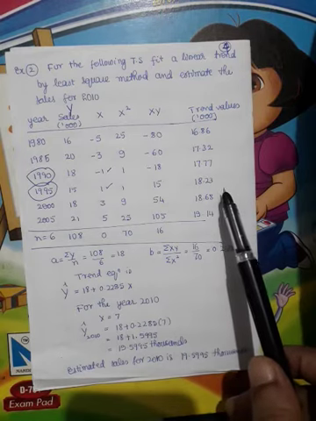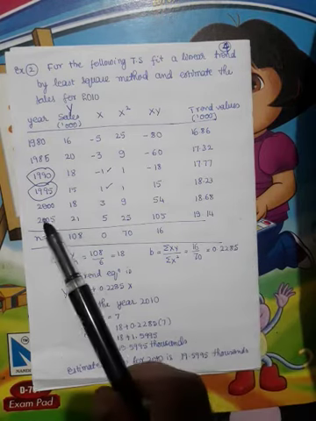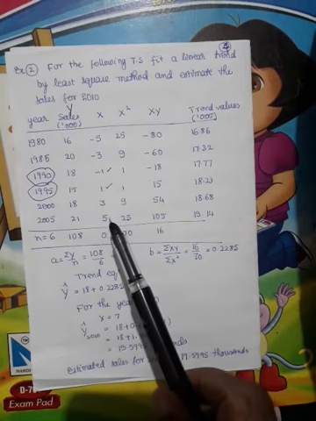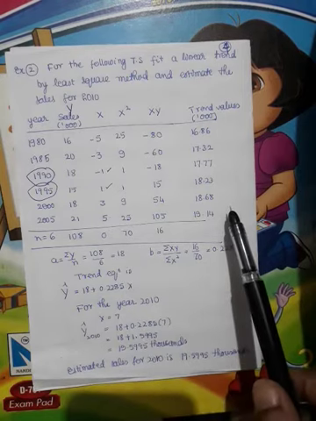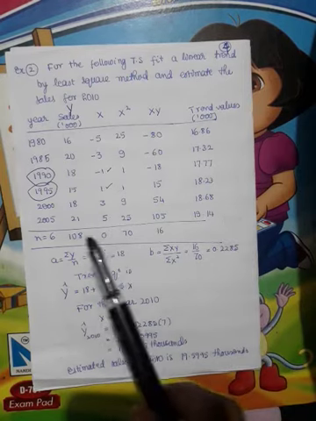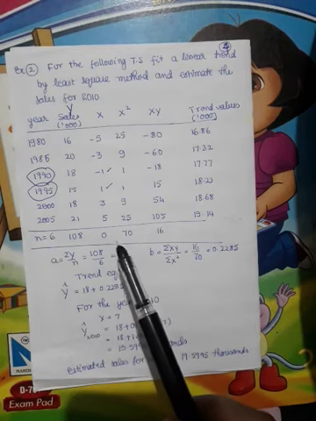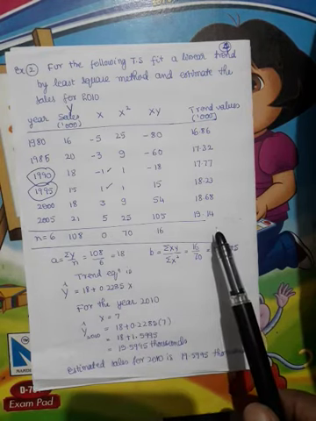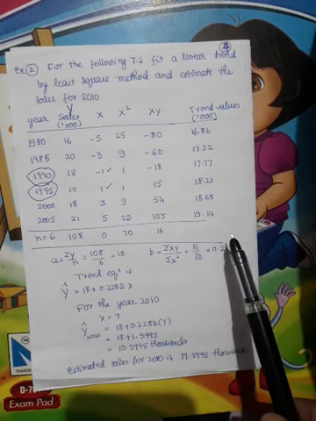Substitute and simplify, you will get 18.23. For 2000, put x is equal to 3. Substitute and simplify, you will get 18.68. For 2005, put x is equal to 5. Simplify, you will get 19.14